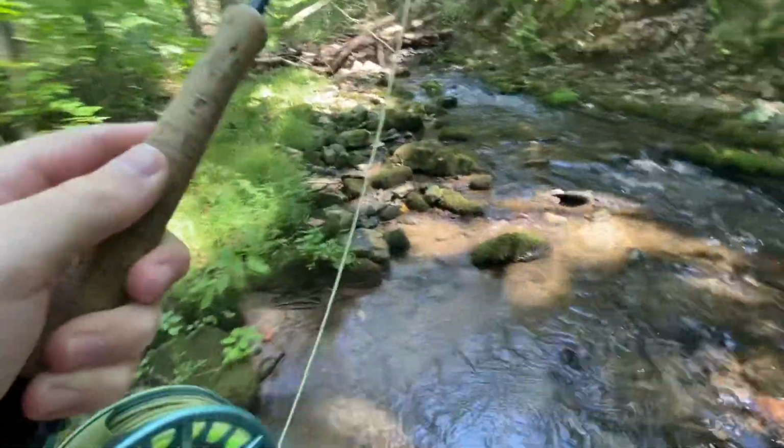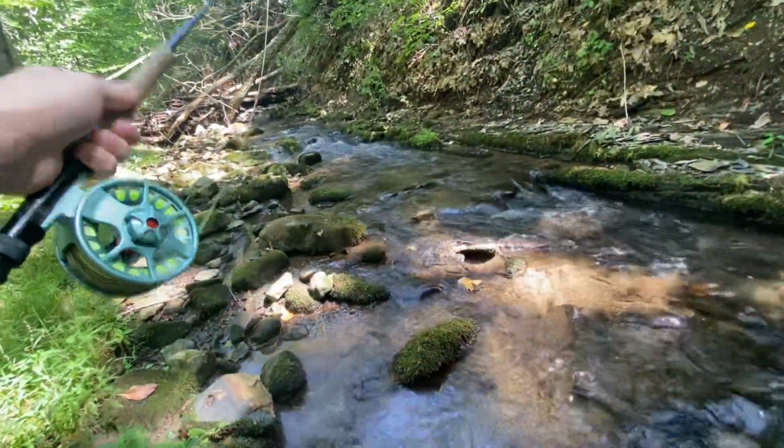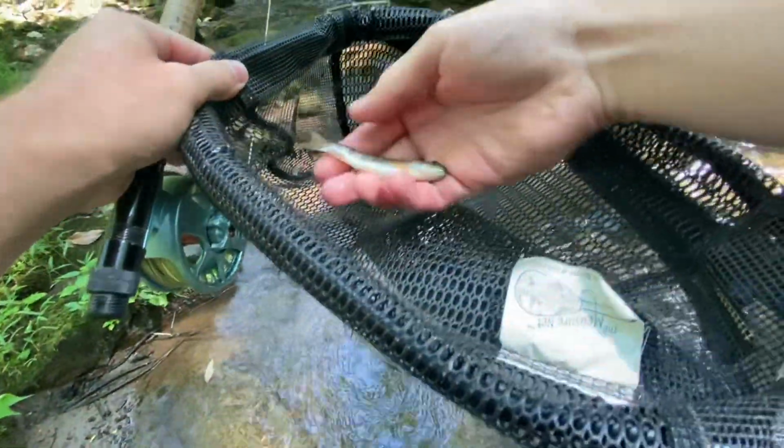So hopefully this is, come on. Yep, got him. There we go. It is. Oh, it is a brook trout. I thought it was a tiny creek chub, but